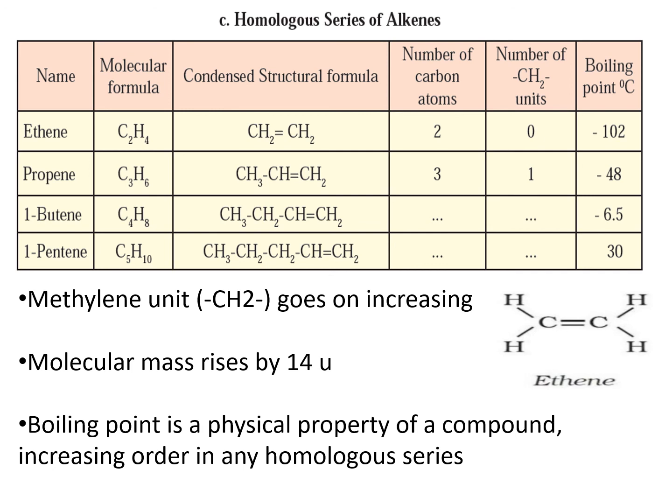We have already studied what u represents in our previous class. The boiling point is a physical property of the compound which is in increasing order in any homologous series. The first compound will have the lowest boiling point, and as the carbon chain increases towards the end, the boiling point also increases.